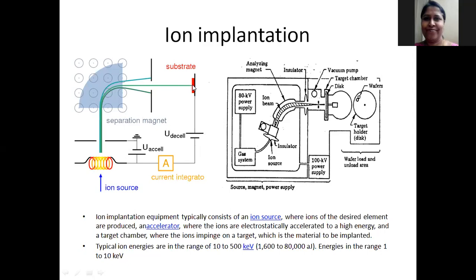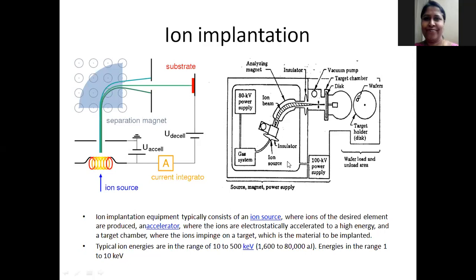So the ions which travel at a very high speed are made to fall on this target substrate, and since they are incident at a very high speed, they get embedded into the substrate. So they get planted, and then inside the substrate they enter. This type of implantation is done whenever we want to convert a silicon material into a semiconductor material and create components or parts of components like source and drain in the devices.